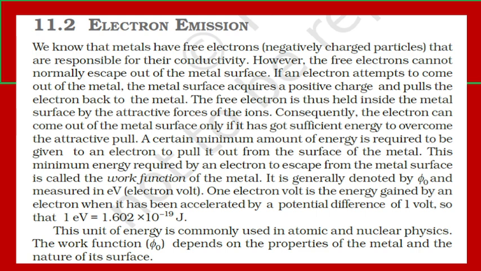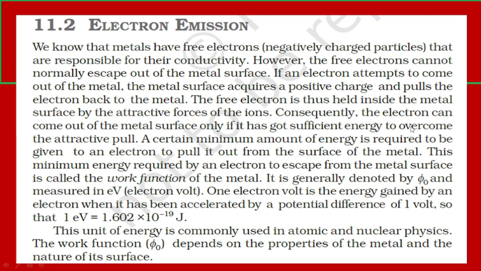Yes, it will be a positive charge, and what this positive charge will do is pull the electron back to the metal. So it will not allow the electron to simply move out. The free electron is held inside the metal surface by the attractive forces of the positive and negative ions. Next sentence says, consequently, the electron can come out of the metal surface only if it